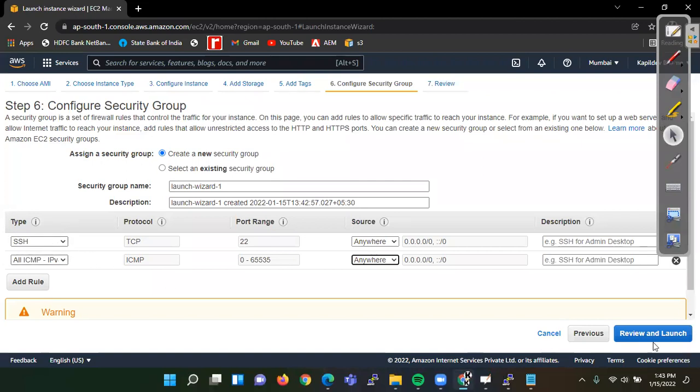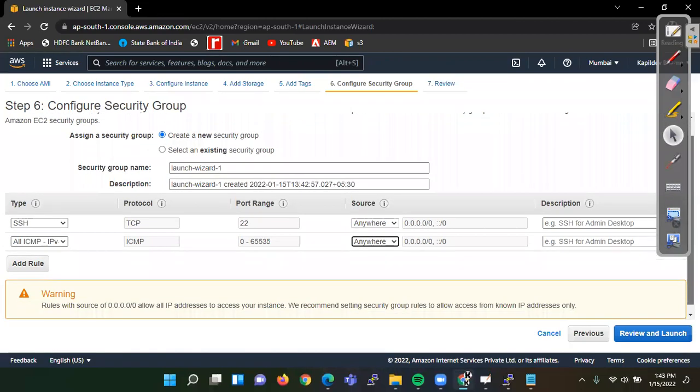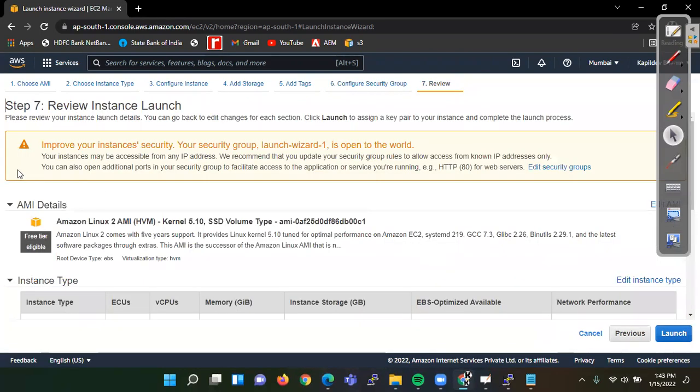So it is showing rules with 0.0.0.0 IP, so it is showing warning because we are having access from anywhere. So it should be custom and then your range. That is also possible, but for demo we are keeping anywhere. So done.